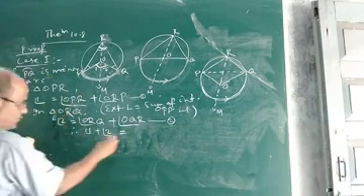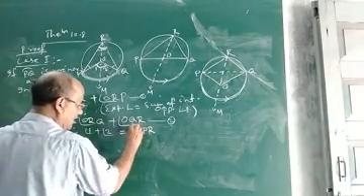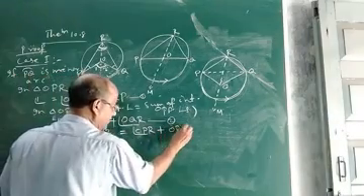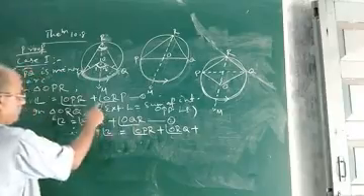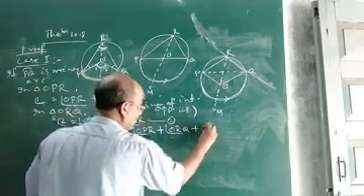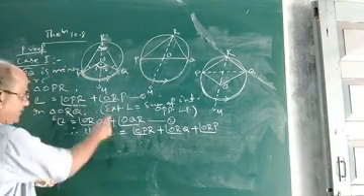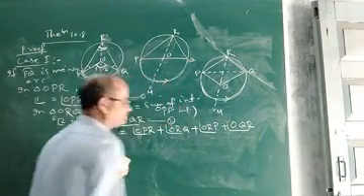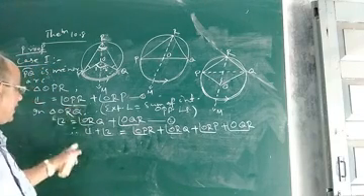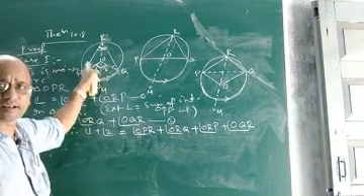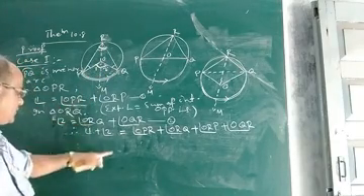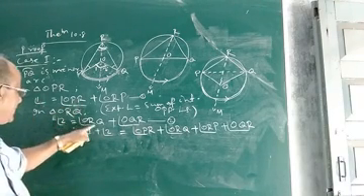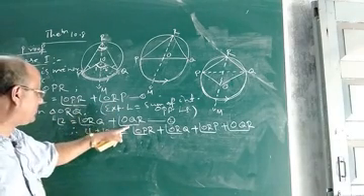1 plus 2 will be equal to angle OPR plus angle ORQ plus angle ORP plus angle OQR. Okay, so after finding each exterior angle in both the triangles, you add the two equations. What will you get? Angle 1 plus angle 2 will be equal to angle OPR plus angle ORQ plus angle ORP plus angle OQR.